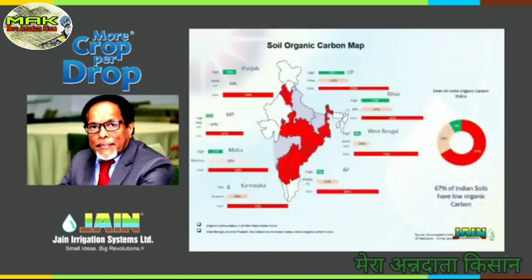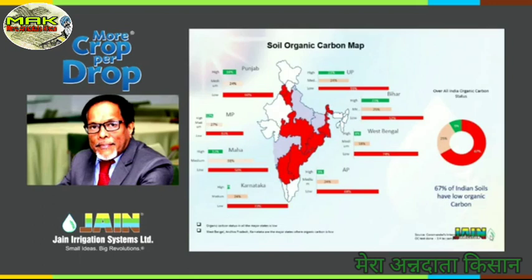Now this is a very frightening map for a person in the field of agriculture, the farmer or a scientist. It's actually done by Coromandel in their internal work. They took about 3.4 lakh samples of soil and analyzed for organic carbon, what we call in our soil test OC. Just to summarize, states like West Bengal, Andhra Pradesh, Karnataka, Madhya Pradesh, Haryana, Punjab are extremely poor, the soils are, for carbon.